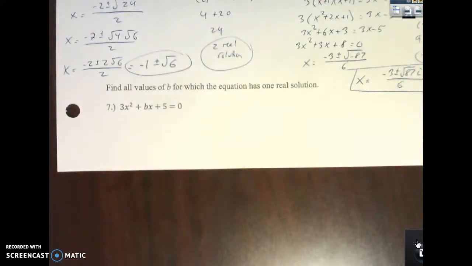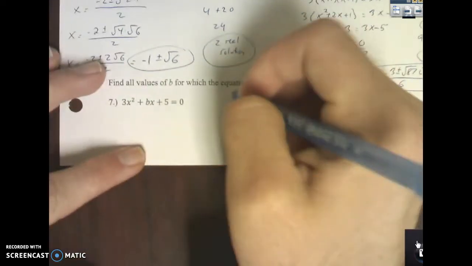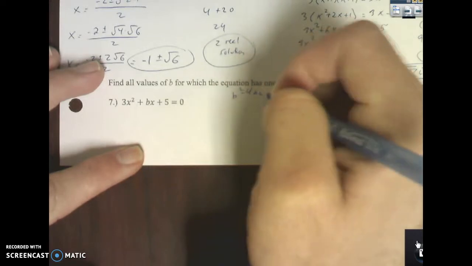Wonderful. Alright. Find all values of b for which the equation has one real solution. So, this is the new problem. I think I'm going to go over this in class, but you can watch it again here if you need to. In order for it to be one real solution, your b squared minus 4ac must equal